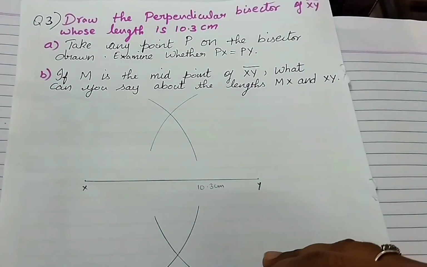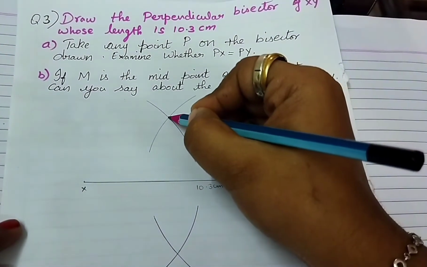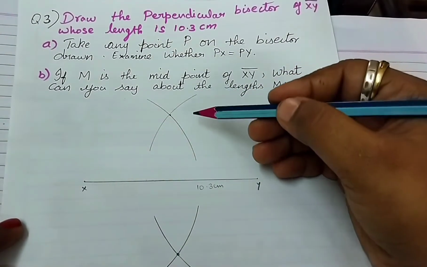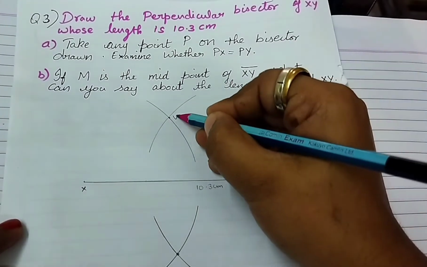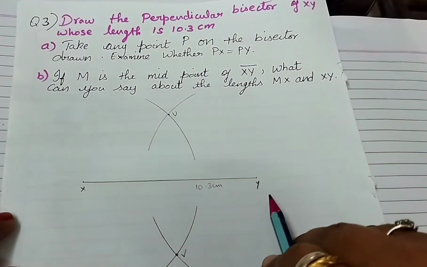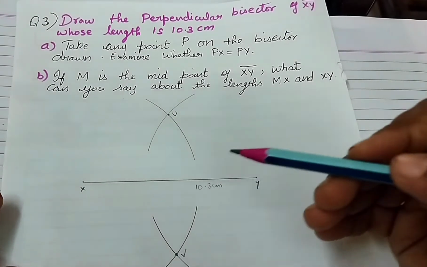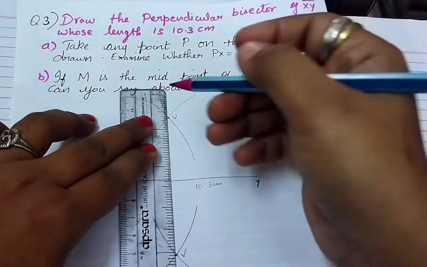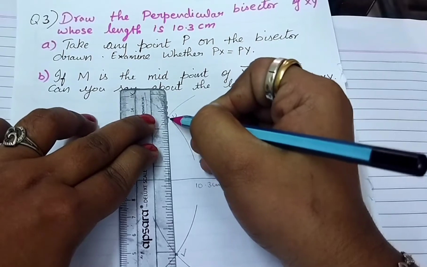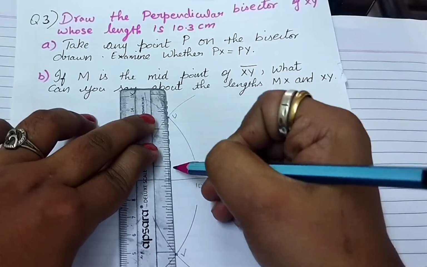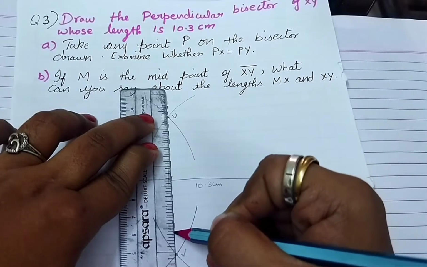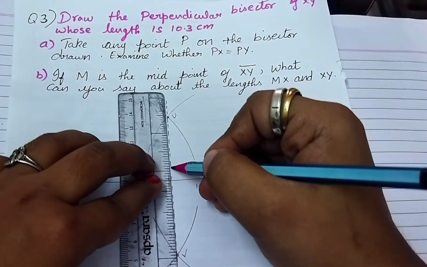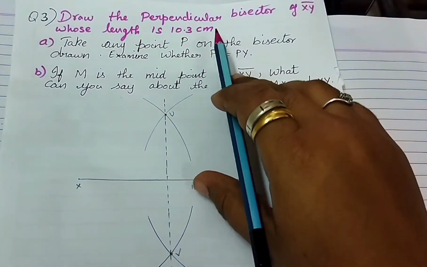Name this intersection point. Why are we making these arcs? These two arcs should meet each other. You can name this intersection point U, V or A, B, anything. Here they have specified, so you should mention it as XY. Then connect these intersection points U and B. This is your bisector line. So connect this. This is the bisector line.